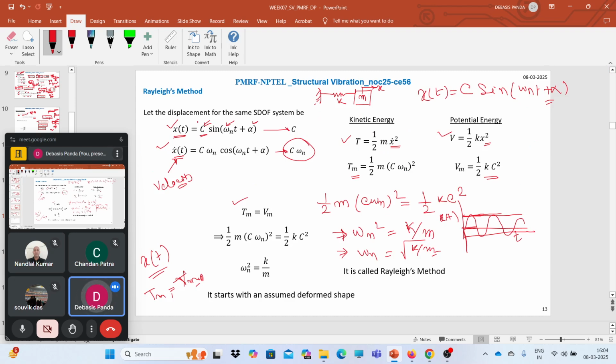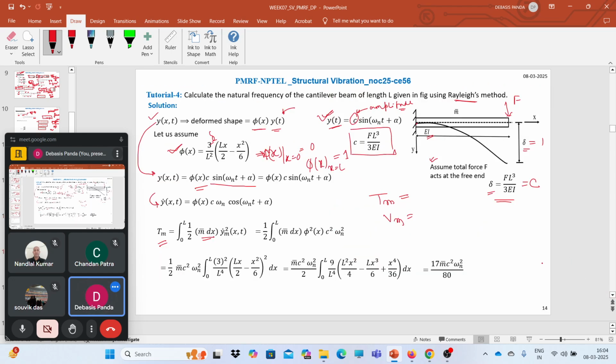So x is nothing but the amplitude of this thing. So here we have incorporated that phi. So phi value will be here. Now if we simplify this equation, what we will get? We just need to replace the value of phi over here. So phi is nothing but 3l by lx by 2 into x square by 6. So just put it here,